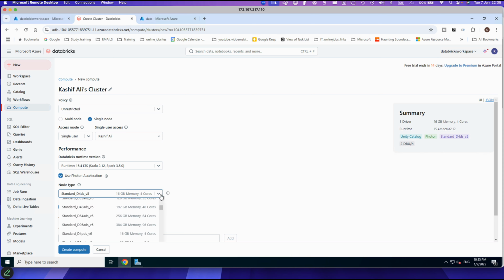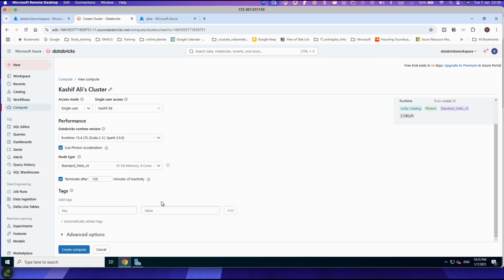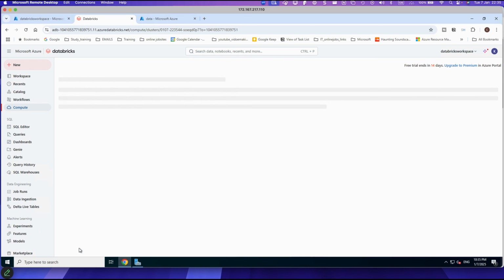Can we do less than that? No, that's the minimum. Oh my god, can you see that, 128, 256? Those are really powerful machines, but it's going to cost. Obviously we'll delete it straight after that, and we can click create compute,